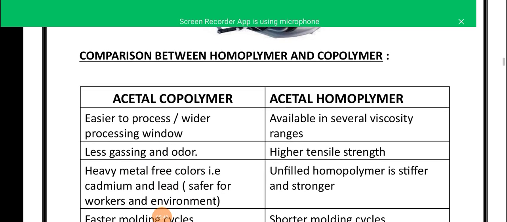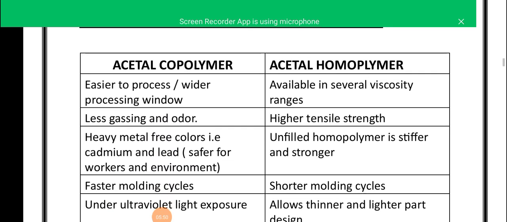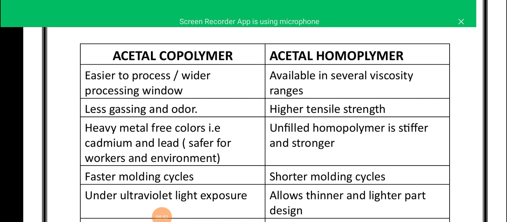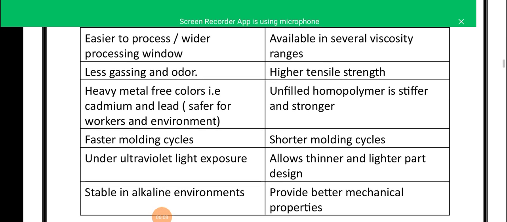Here is the comparison between homopolymer and copolymer. Acetal copolymer is easier to process, having a wider processing window, while the acetal homopolymer is available in several viscosity ranges. Acetal copolymer releases less gas and odor, while acetal homopolymer has high tensile strength. Acetal copolymers include heavy metal-free colors, without cadmium and lead, which are safer for workers and the environment, while unfilled homopolymer